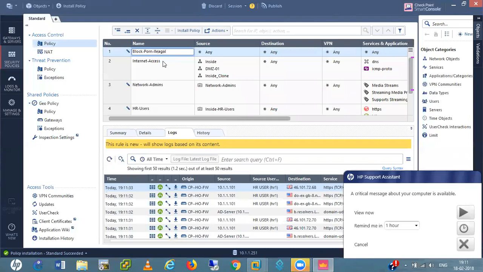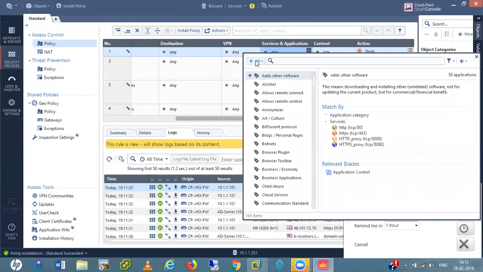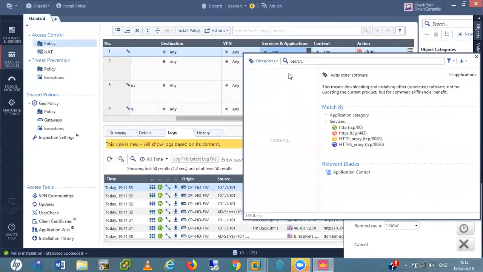Okay. Source is any. Destination is any. In service tab, I'll go for category.